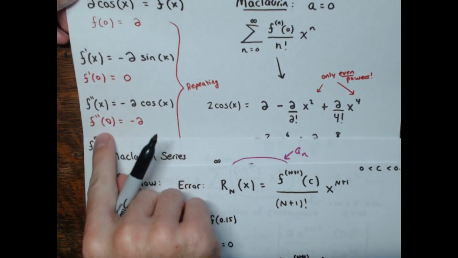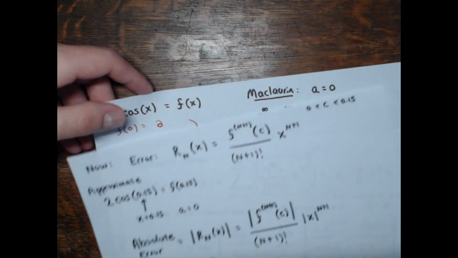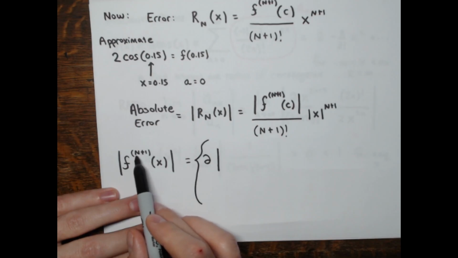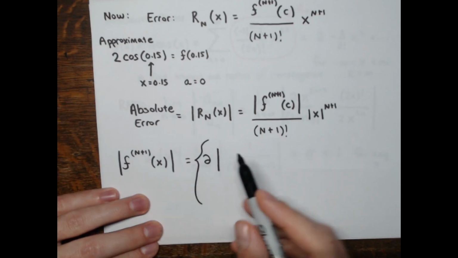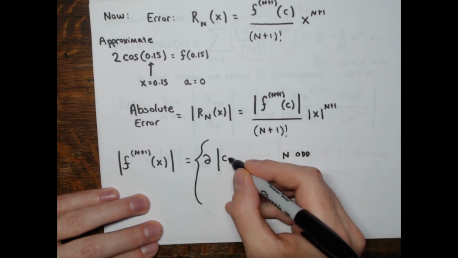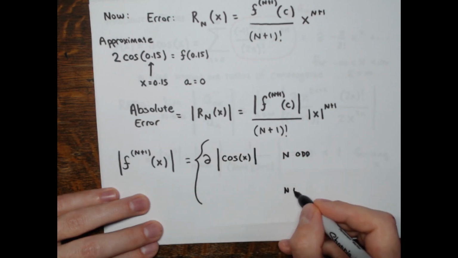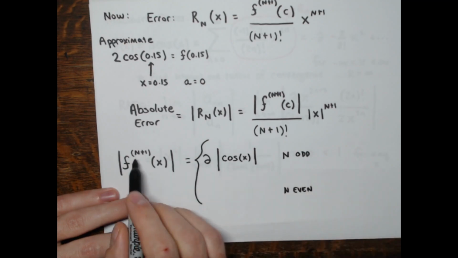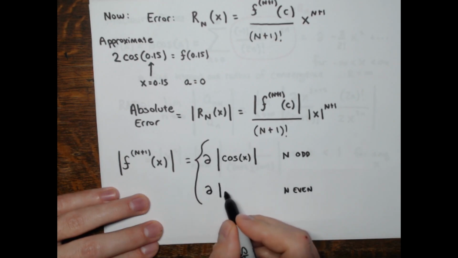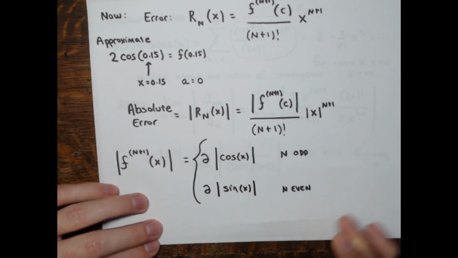Odd derivatives were multiples of sine, even derivatives were multiples of cosine, 2 times cosine. So here, to have this be even, n would be odd, right? Odd plus 1 is even. So when n is odd, we're getting 2 times the absolute value of cosine. And when n is even, that would give me an odd derivative, and all the odd derivatives were multiples of sine, so 2 times the absolute value of sine. But no matter how you slice it,